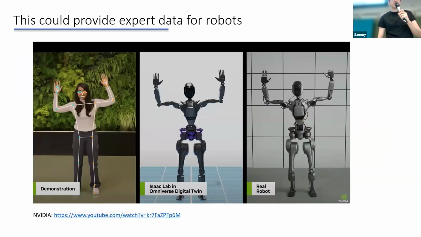The reason why this is potentially useful for robotics is that we can use this data as demonstrations, then map it to a humanoid, maybe first in simulation, but then finally our end goal would be to put this onto a real robotic system.